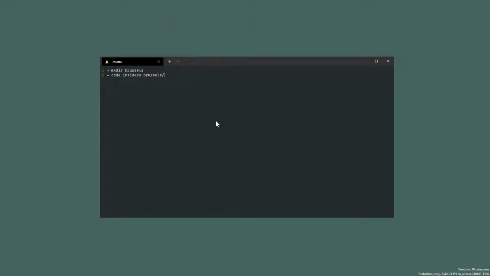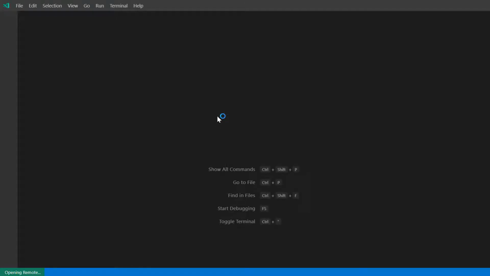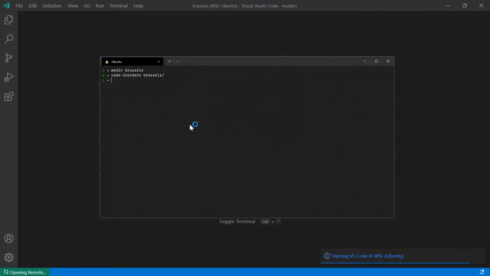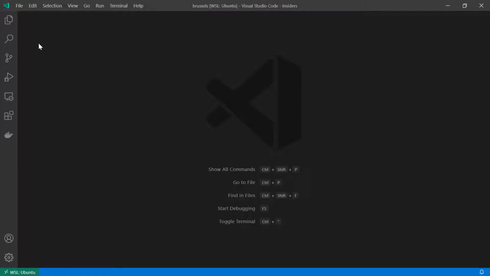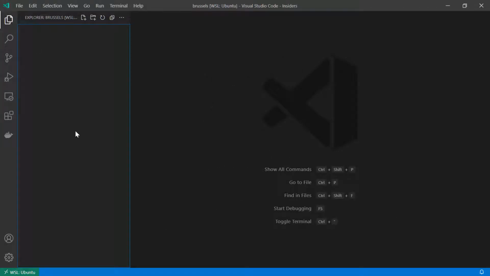So I'm using the Insiders version of VS Code. It gives me the latest and greatest features a month before they release to the public. If you are using the regular VS Code, just type code space Brussels and hit enter. So we are in the empty project folder. Let's open up a terminal window